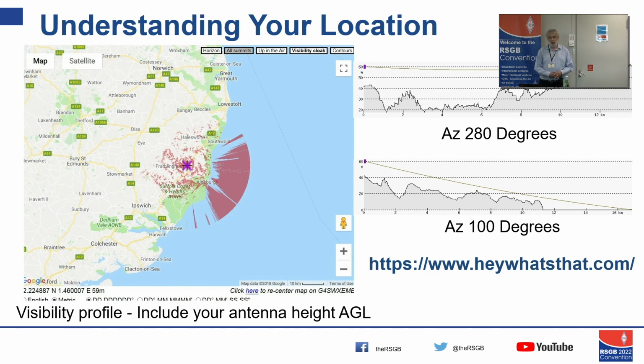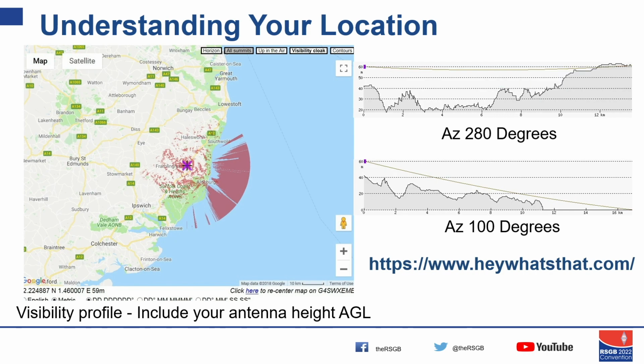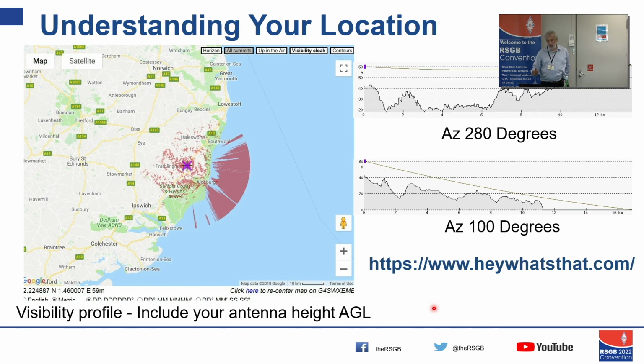First and foremost, you've got to work out what you can possibly work and what sort of takeoff angle you have. My favorite site profiler is called heywhatsthat.com, and if you have a look, there is my QTH, or my station's QTH, obviously quite close to the North Sea coast. But it's quite important to have a look at what your takeoff angle is. So if I take 280 degrees there, which is inland into G, by the time I've gone about 14 or 15 kilometers, the ground is at the same height as my antenna, so I don't have a super low takeoff angle